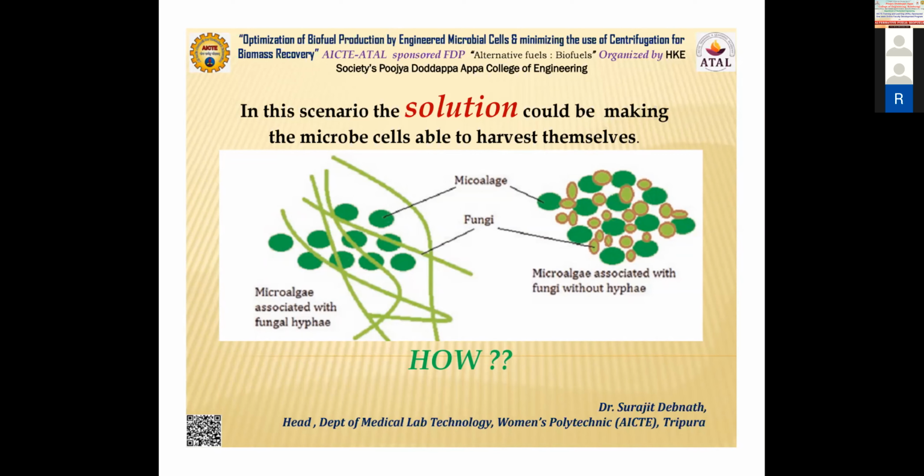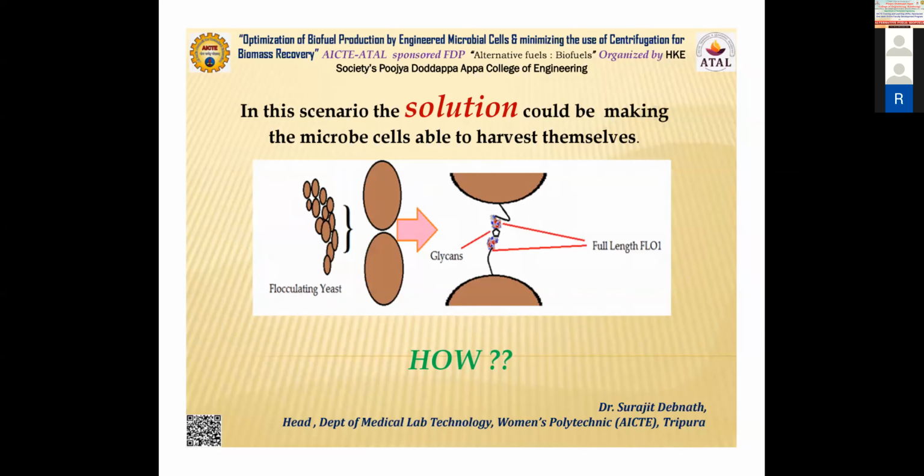Understood. So this is how we can do it. Here we are going to put the strategy into the cell itself. In the previous slide, you saw we are using one more organism. Can you see? One is fungi, one is algae. In order to keep different organisms in the same suspension, it becomes very challenging.